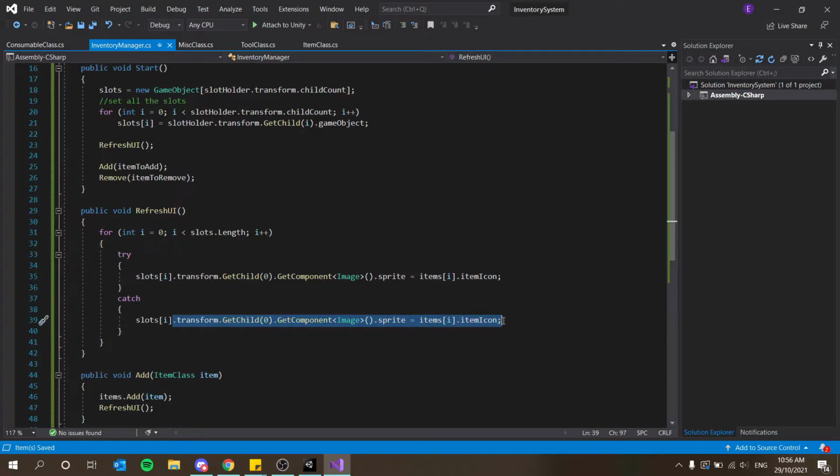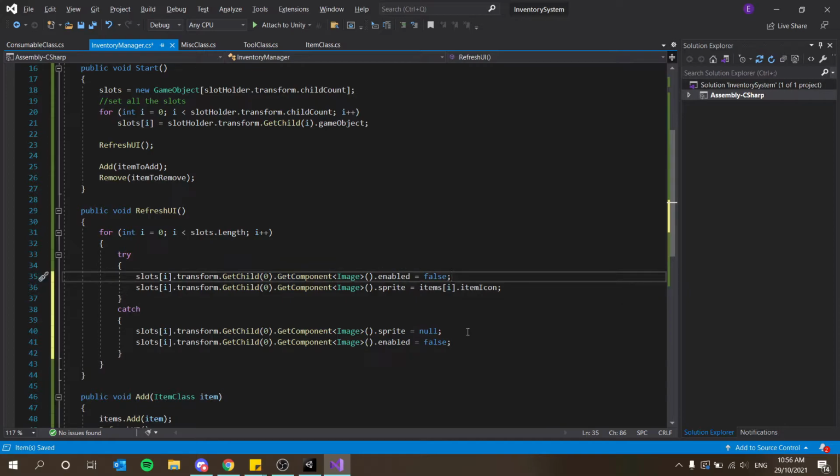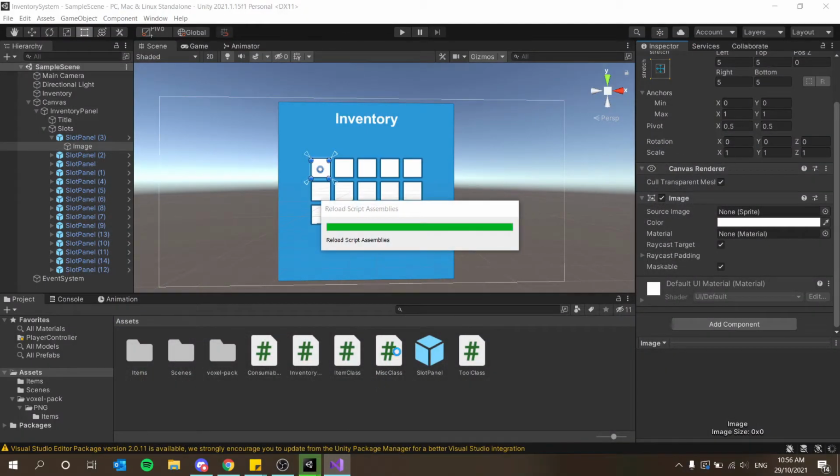Now, the error could be one of two things. Either there's no item in that slot, or it's out of the index range. So we're going to be able to fix both with just one line, and that's just by saying slot, either turn the sprite equals null. There's no item there. And we also just want to say .image.enabled equals false. That's just going to get rid of that white square that likes to appear. And I'm going to say here .enabled equals true, so just in case it was disabled, now we want to enable. Okay. And basically, I think if I've done that right, that should mean that